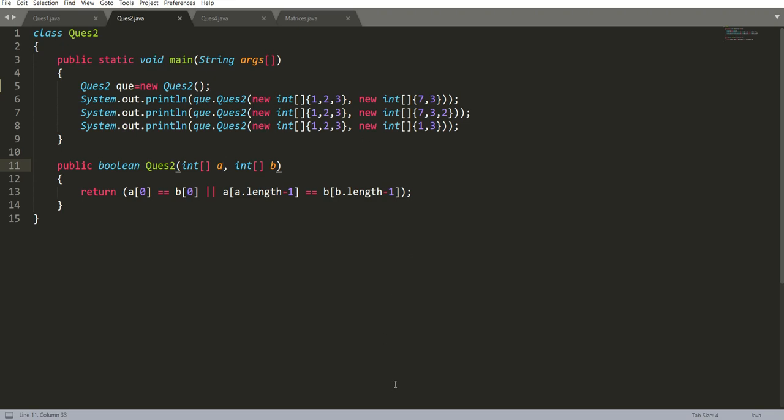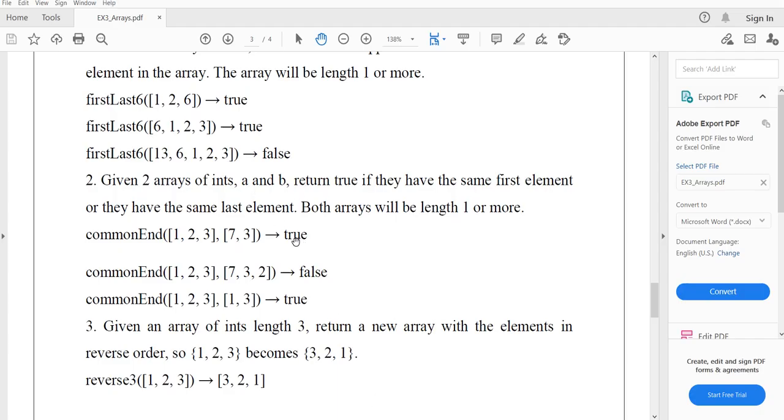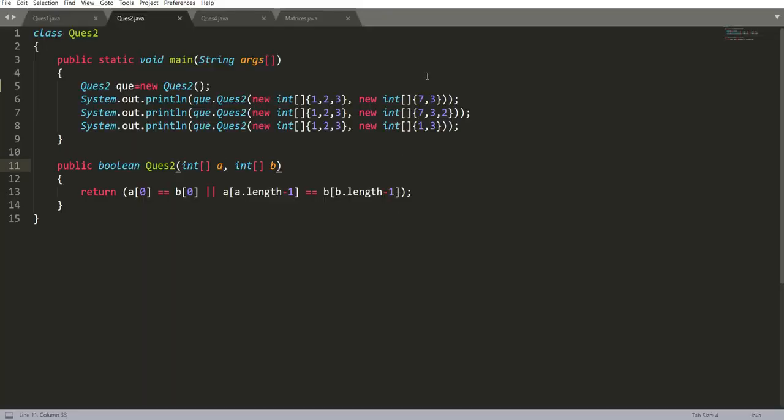As per the given inputs, I have given the input here, and in the function public boolean, it prints the boolean value. Here is a and b, so if the first element of both is the same, it will return true, and if the last elements are the same, it will also show true.